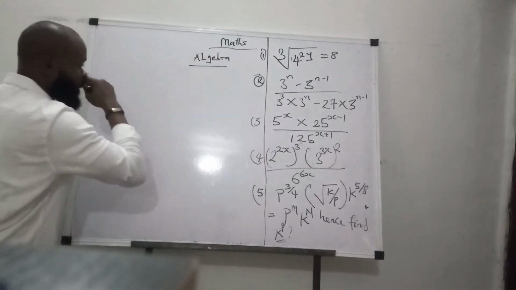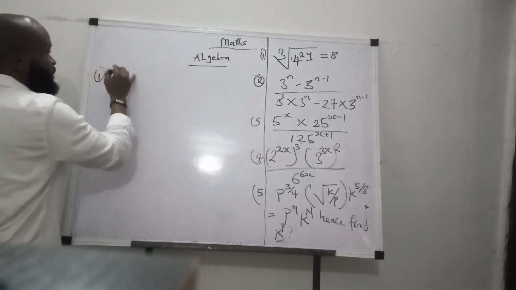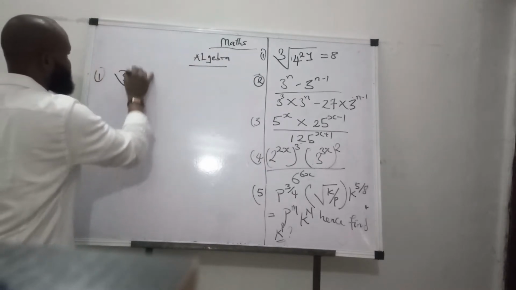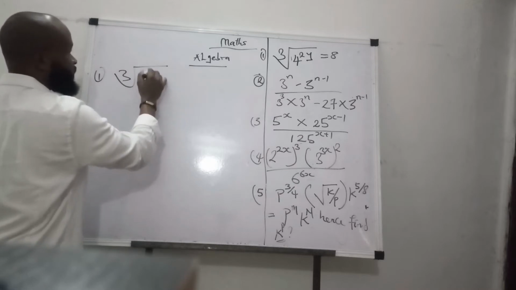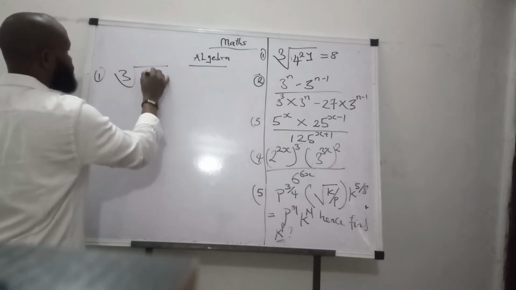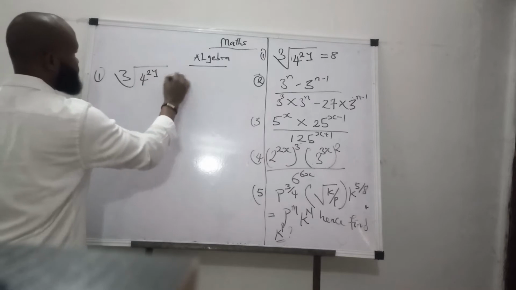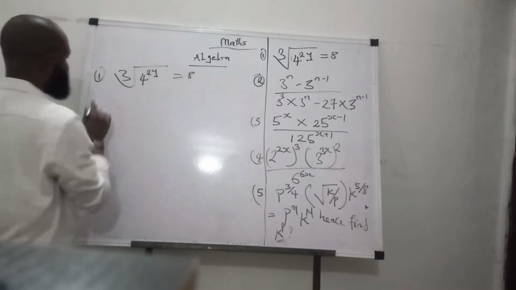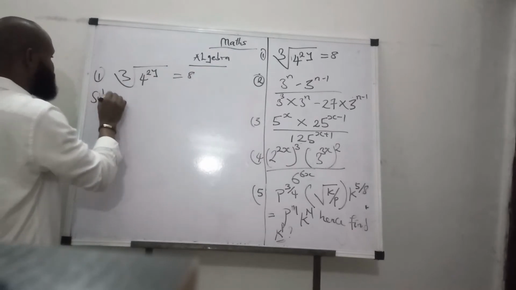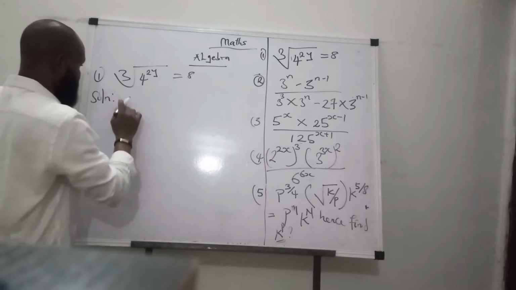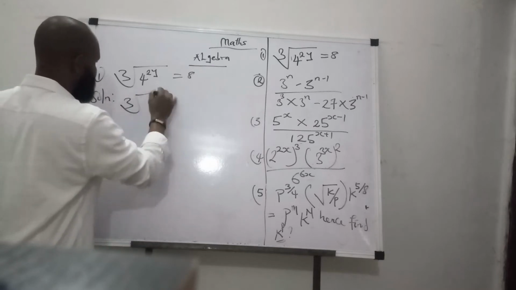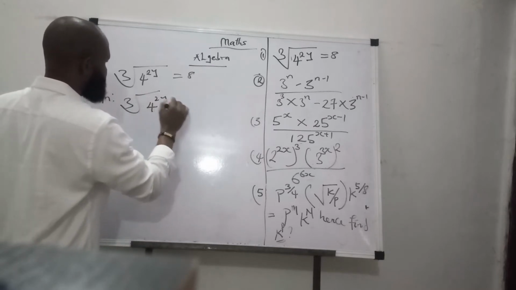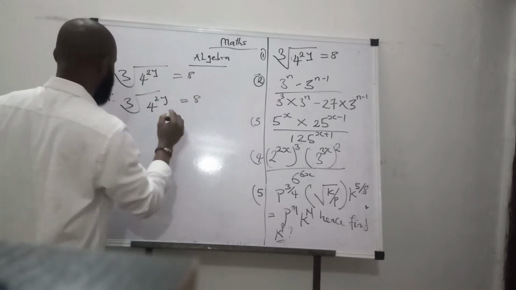So we are going to work out number one. Number one says the cube root of 4 raised to the power of 2y will be equal to 8. Provide a solution to it. Now let's solve it. Solution: the cube root of 4 raised to the power of 2y equal to 8 will give us